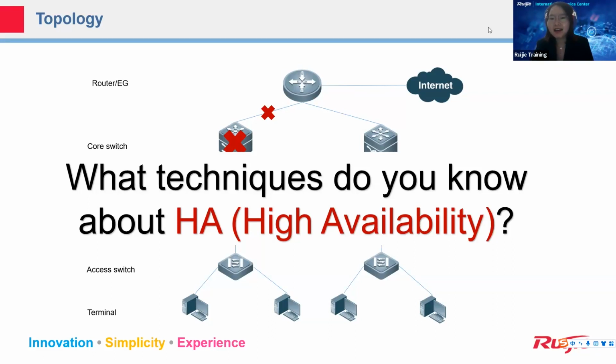Okay, I think I already get a lot. Yeah, we also can do STP, because about the STP, maybe someone thinks this is not high enough, but we also can provide a backup link with STP. So if one link is broken, we still can choose a second path, but maybe the time is a little long. So someone may think this is not high enough, but this is also an ability protocol about the STP. So I already get some voice about the technology, how to provide the high availability,